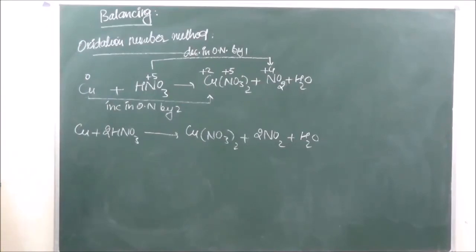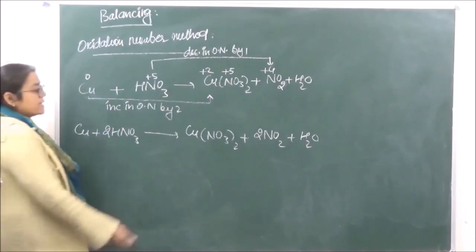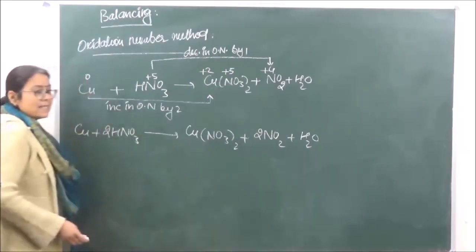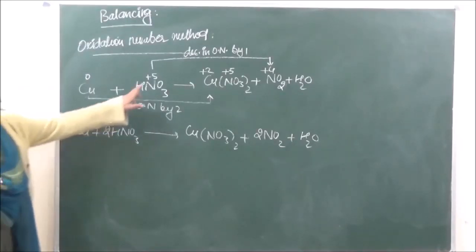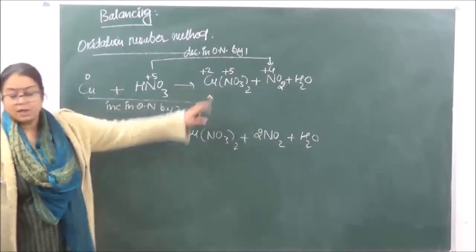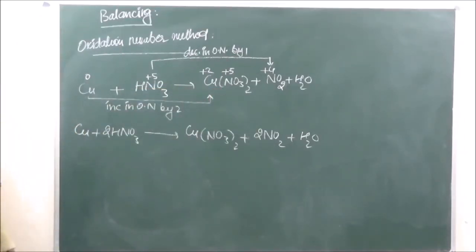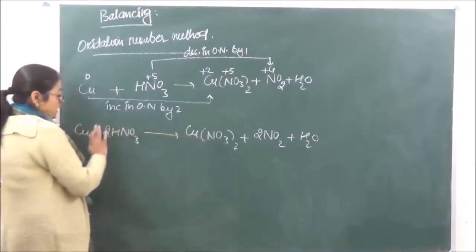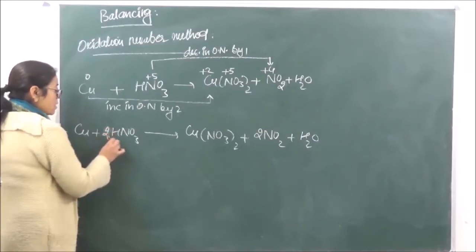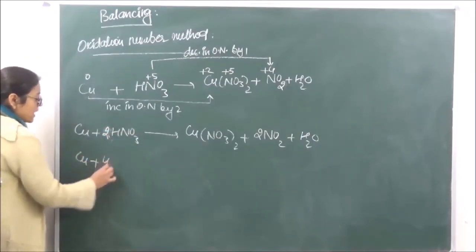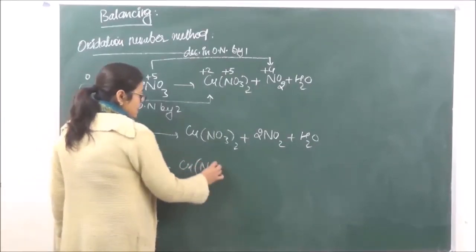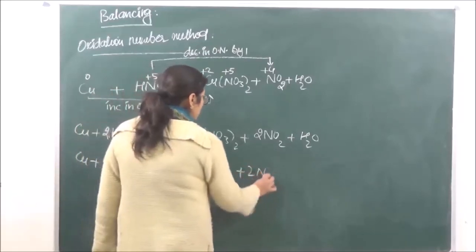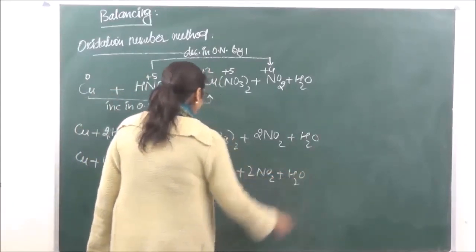Okay. Now in order to balance the nitrate ions, there are 2 nitrate ions present over here. So in order to balance these nitrate ions, we are going to multiply this by 2. Just to balance, because as you can see there is no change in oxidation number over here. So we are going to balance the nitrate ion as it is. Therefore, okay, we'll write it in another step. The above equation now becomes HNO3 to give us Cu(NO3)2 plus 2NO2 and plus H2O.